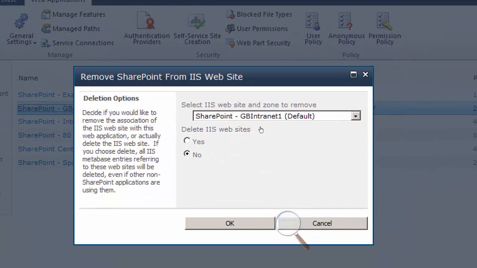And yes, it is the GB intranet one, so the correct site. And I'm saying that delete IIS websites. Okay. And let's create this again. In my case, nothing is there, so that's why I'm taking that risk. So I'm just selecting that delete IIS websites as well, because the port change has to propagate to the IIS